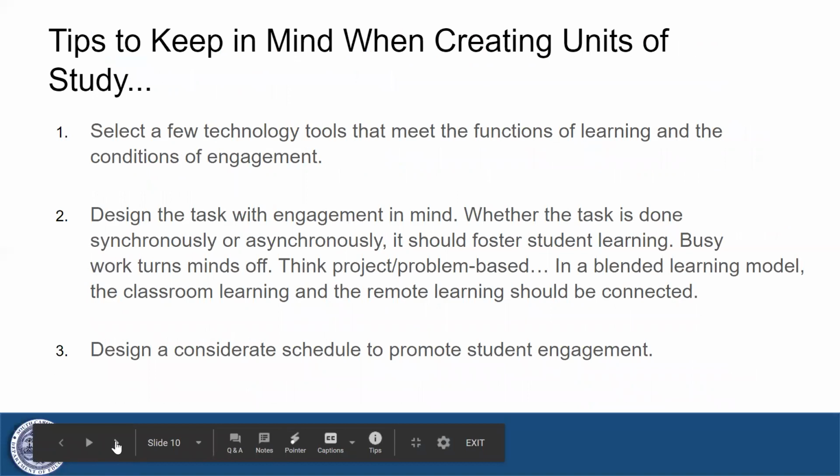A few tips to keep in mind when creating these units of study. Select a few technology tools that meet the functions of the learning and those conditions of engagement. Design the task with engagement in the forefront of your mind. Whether the task is done synchronously or asynchronously, it should foster student learning.